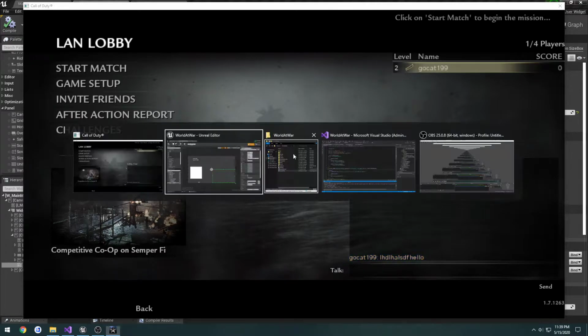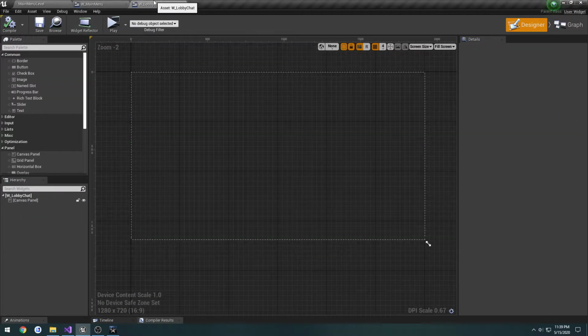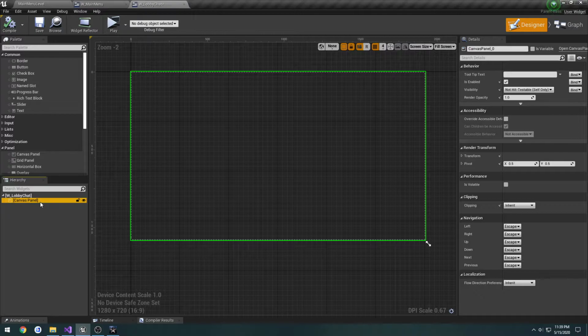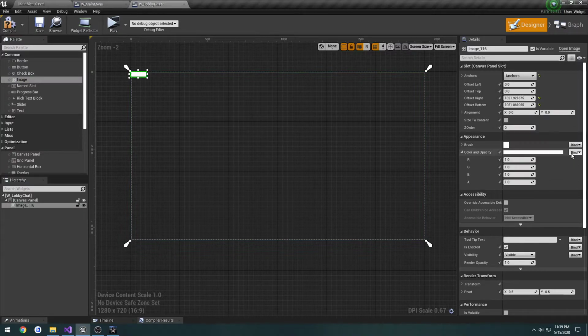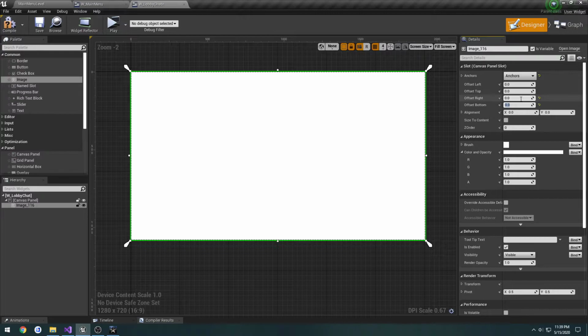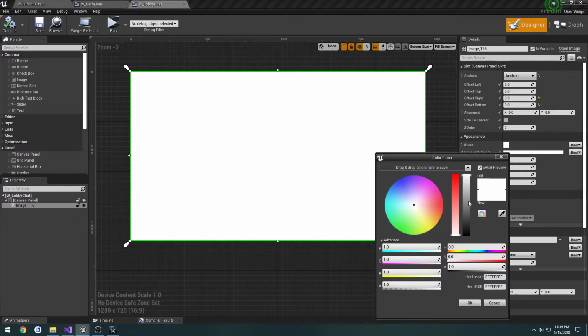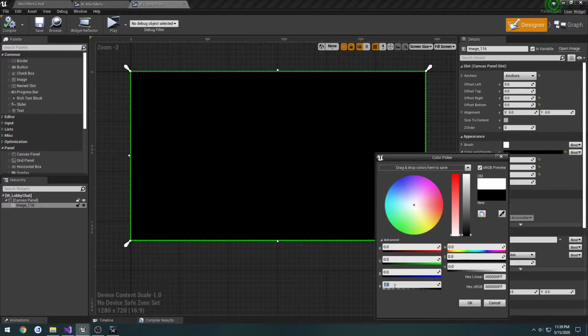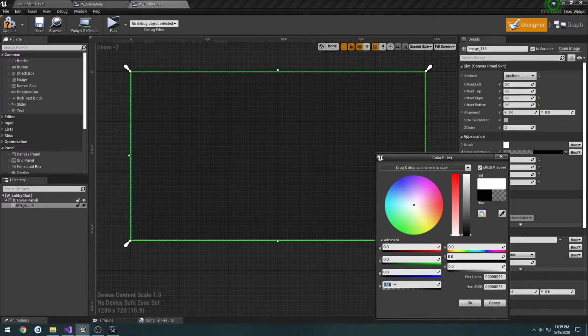And well, we can do all that in the other one actually. So I'm going to leave the canvas panel. Going to add an image. That image is going to fill it. So 0, 0. And we're going to go to the color and opacity, set the color to black, and the alpha to 0.15,